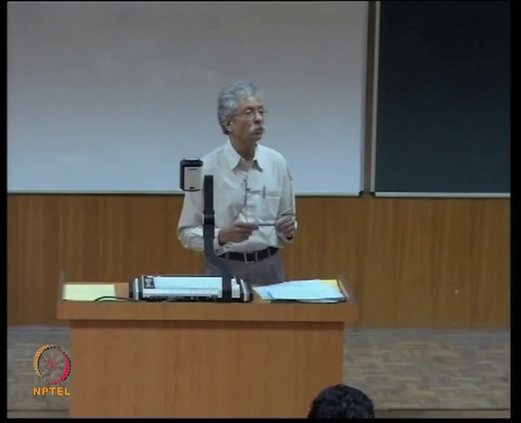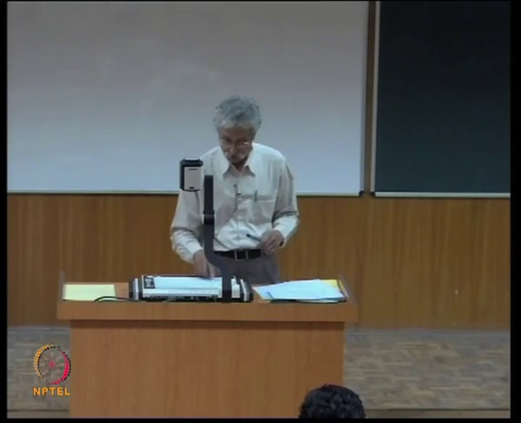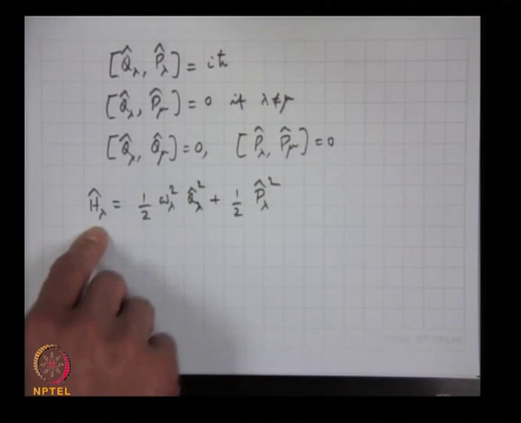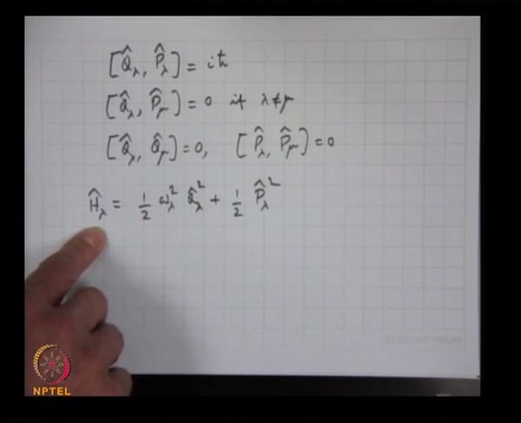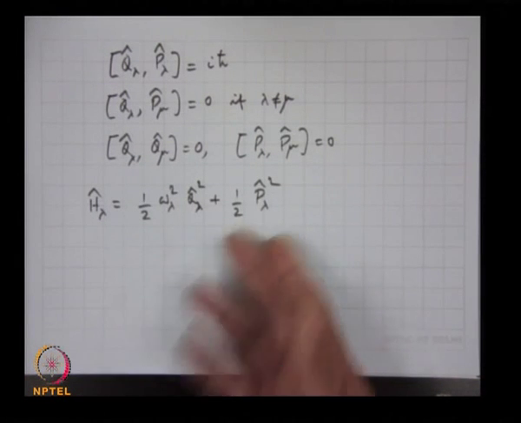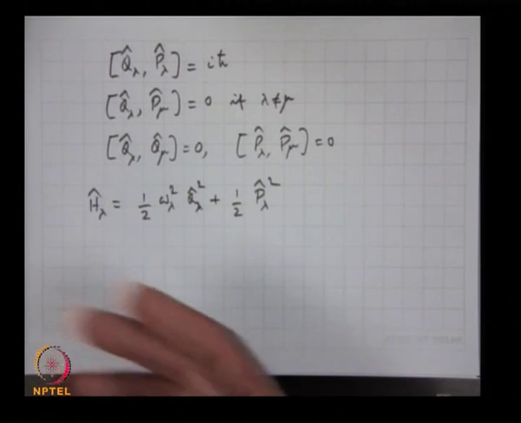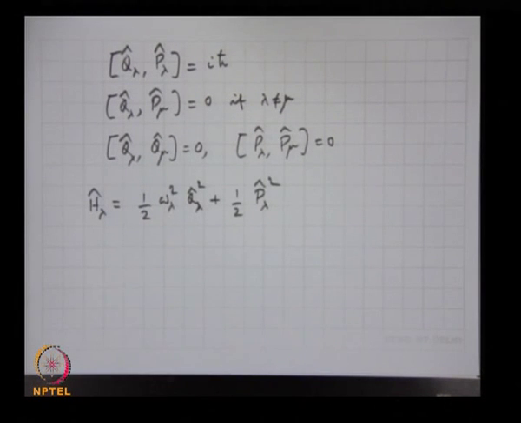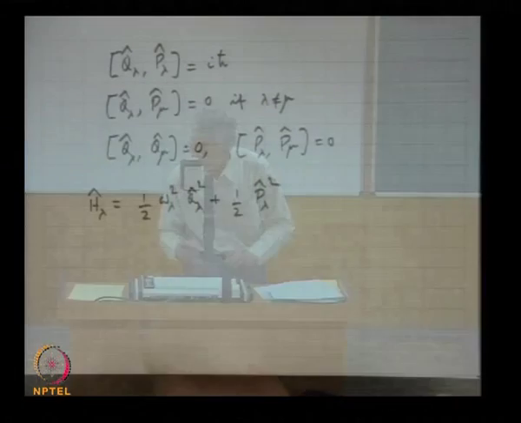Now, what did I do for the harmonic oscillator? We calculated the eigenvalues of the Hamiltonian. So we solved the eigenvalue equation for the Hamiltonian, and found out the various energy eigenvalues and eigenstates. We can do exactly the same thing now. For every mode, I can find out the eigenvalues and eigenstates. And so, for example, just like we introduced two new operators, small a and a dagger, we can do the same thing here. So I will introduce